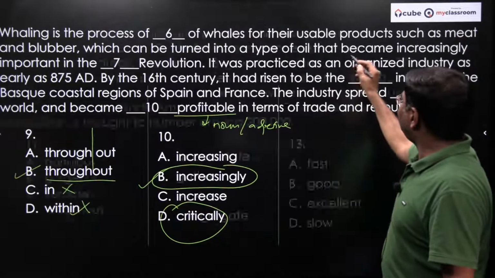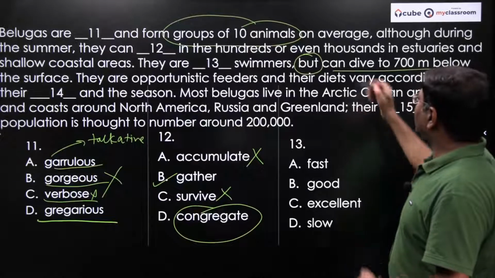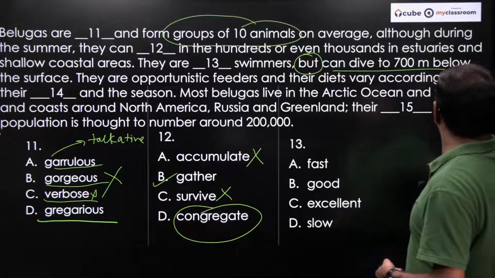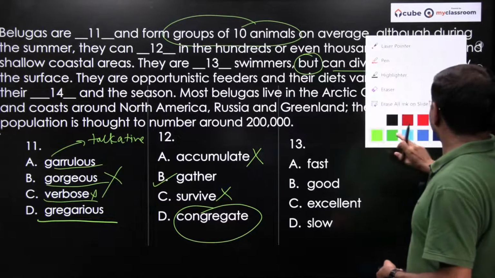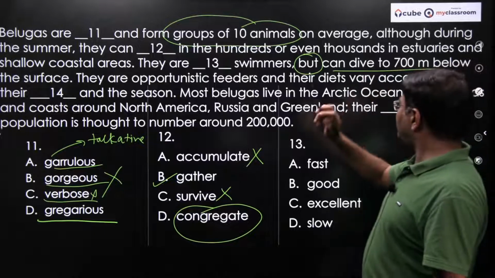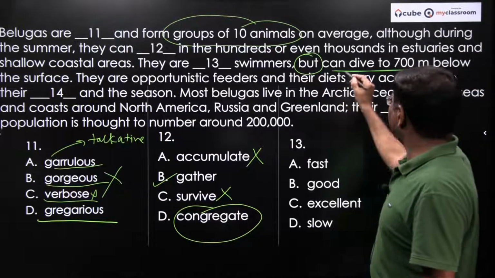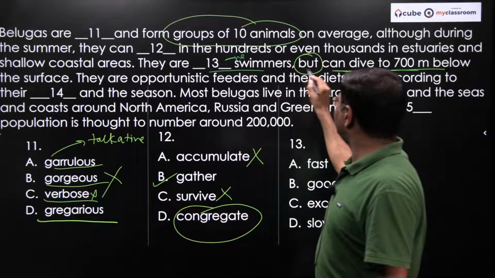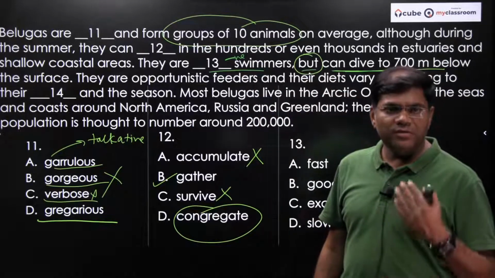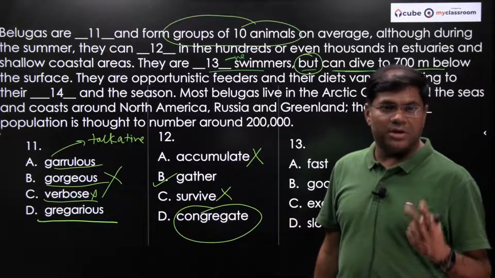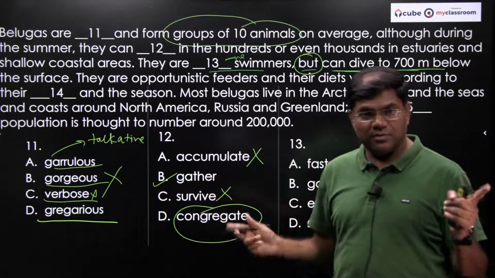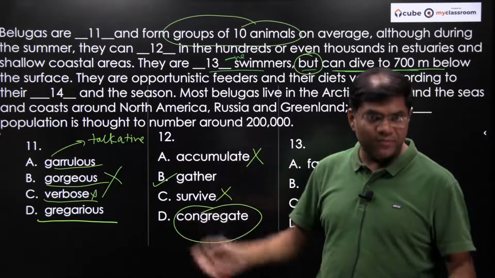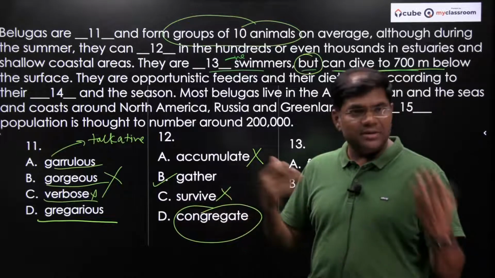So if this positivity has come here, that means in the earlier one there must be negativity. Only then you will have this word justified. How can you justify the conjunction but? You need two ideas, one positive, the other negative. So the positive idea is that they can dive 700 meters below the surface. So what is the negative idea? The negative idea is that they are